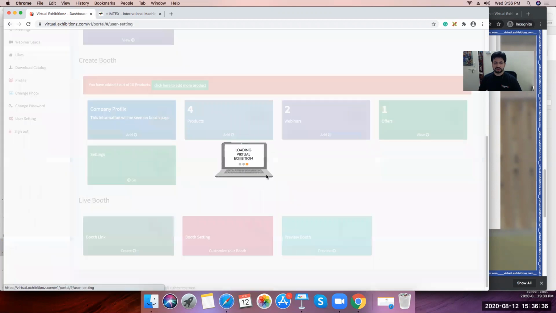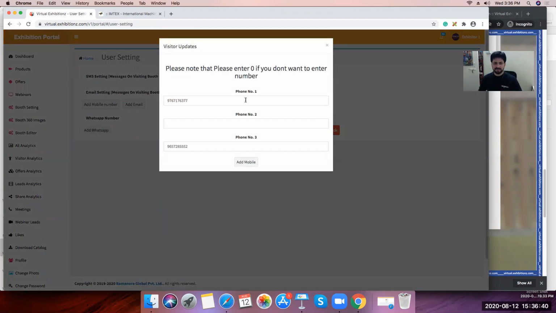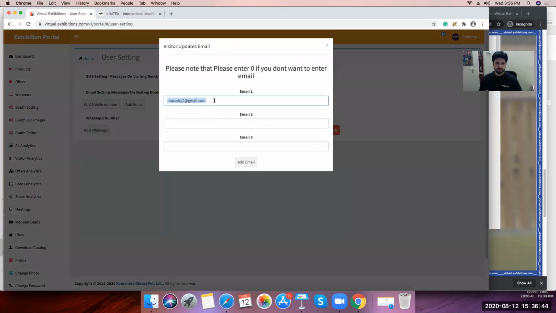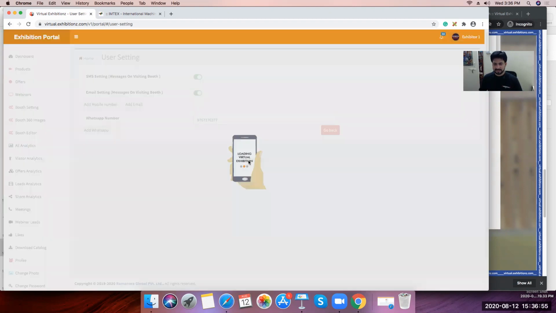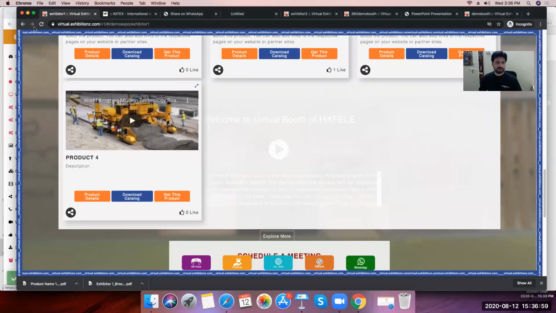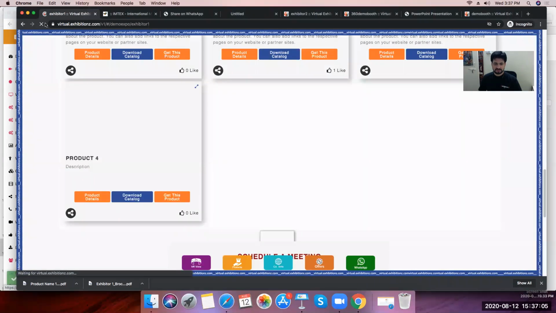Then we have also given one facility where I can add the visitor notifications. I'm going to choose Deepak sir's email ID, deepak@imtma.in. Am I correct, sir? Right, so I will choose this. These are the notifications which are sent to the exhibitor. Deepak sir, I hope you have your email handy with you. Yeah, it's open.